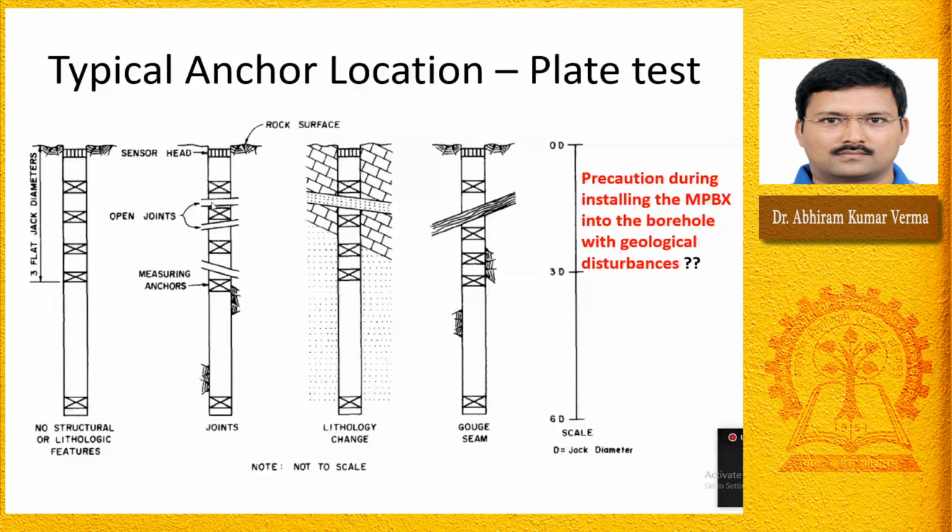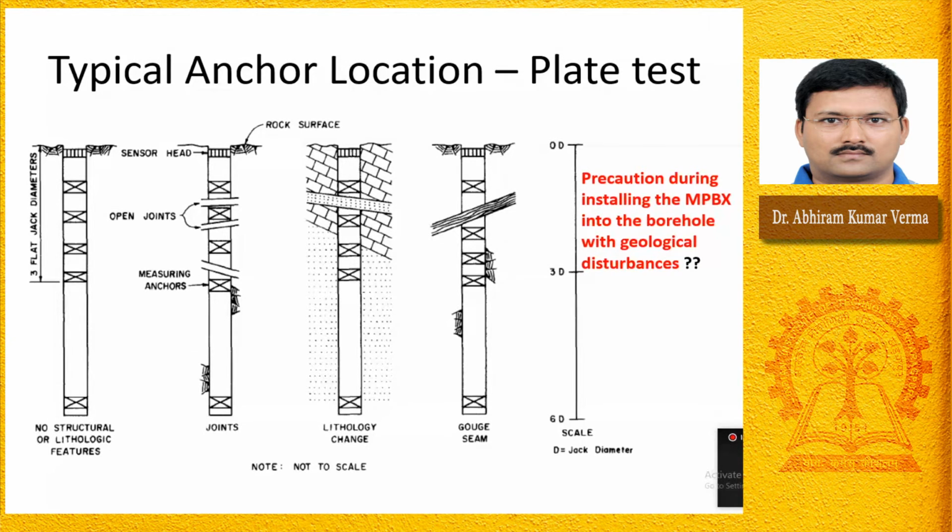Joint is something where you can see the term written "open joint", right? Open joint means the two surfaces are created within the rock mass and it is open, meaning there is no filling at all. So once we press it, this gap is going to close. Once an open joint is there and we are trying to apply a force, the deformation will be because of the closing of the joint.